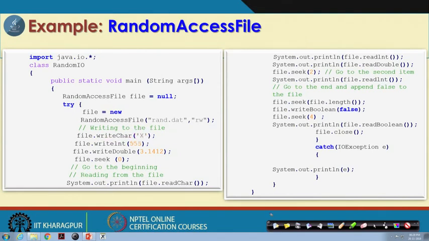The idea is that this writeChar method will write this x into the file object. Where will it write? It will write where the file position is currently located. At the beginning, whenever we create this file, by default the file position is at the very beginning, that means the 0th position. So this character x will be stored in the 0th location of the file.